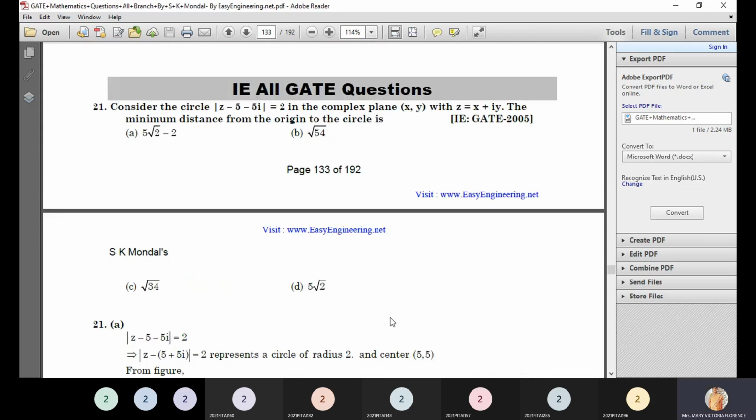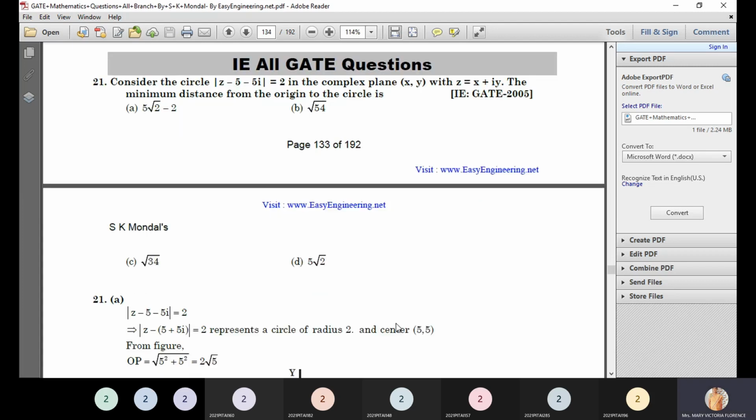Next question. Consider the circle mod z minus 5 minus 5i equal to 2 in the complex plane x, y with z equal to x plus iy. The minimum distance from the origin to the circle is: option A, 5 root 2 minus 2, option B, root 54, option C, root 34 and option D, 5 root 2. Here